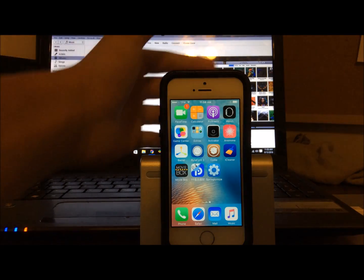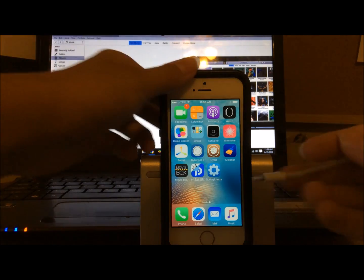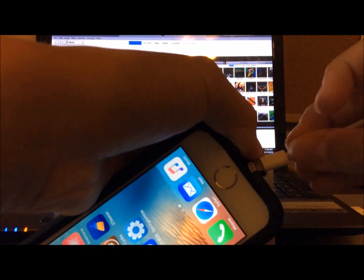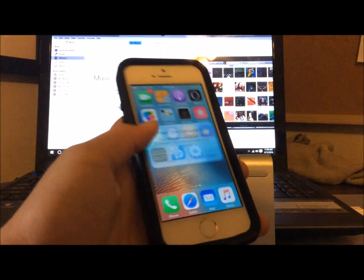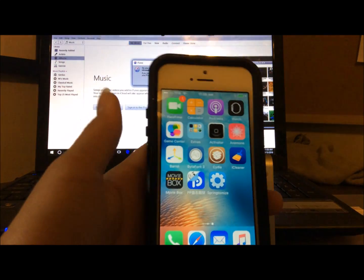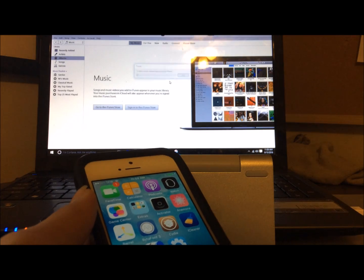So, of course, you're going to want to go ahead and take your cable, connect it to your computer right here. You're going to want to go ahead and connect it to your device. So we're going to go ahead and open up the case here and connect it to our device. We should get a little prompt from our computer, and we should get a prompt on our phone to allow the computer to view files. Go ahead and trust that. And then, of course, right here, hit continue. Make sure that